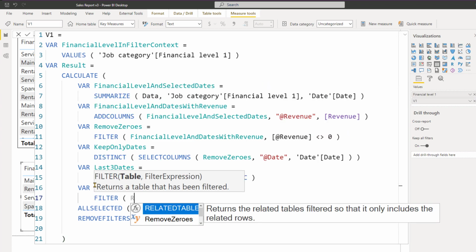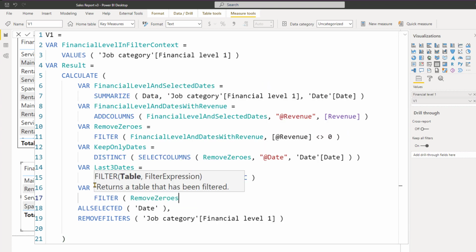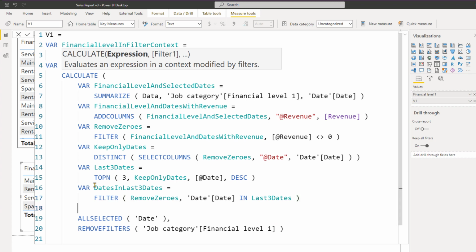So we can write that remove zeros, and we are going to say that the date in the last 3 dates, and this is going to return a table that comprises of job category and the date.